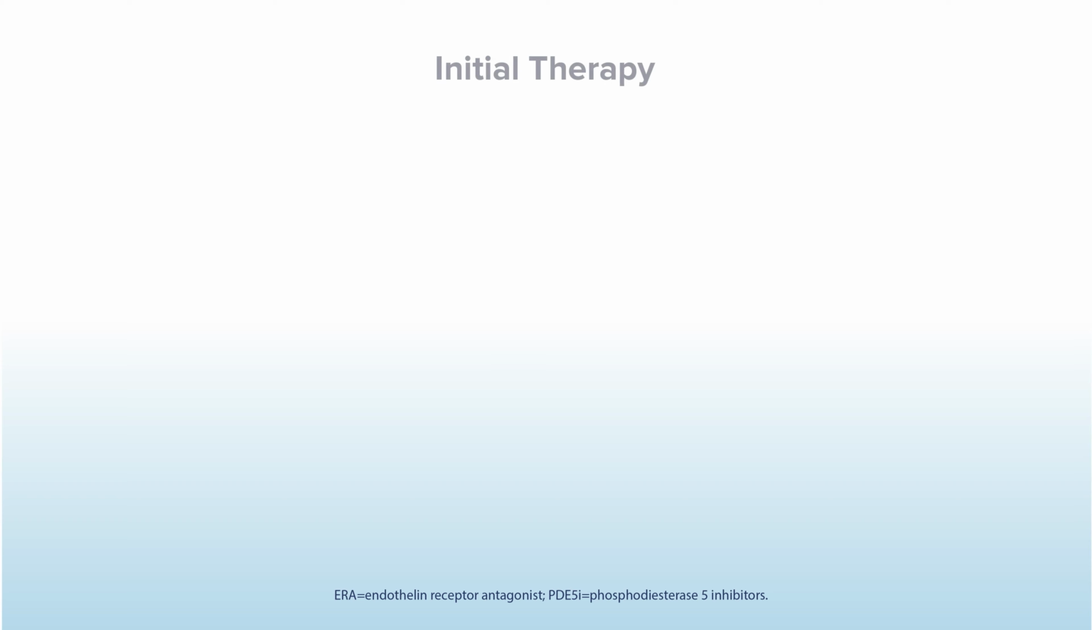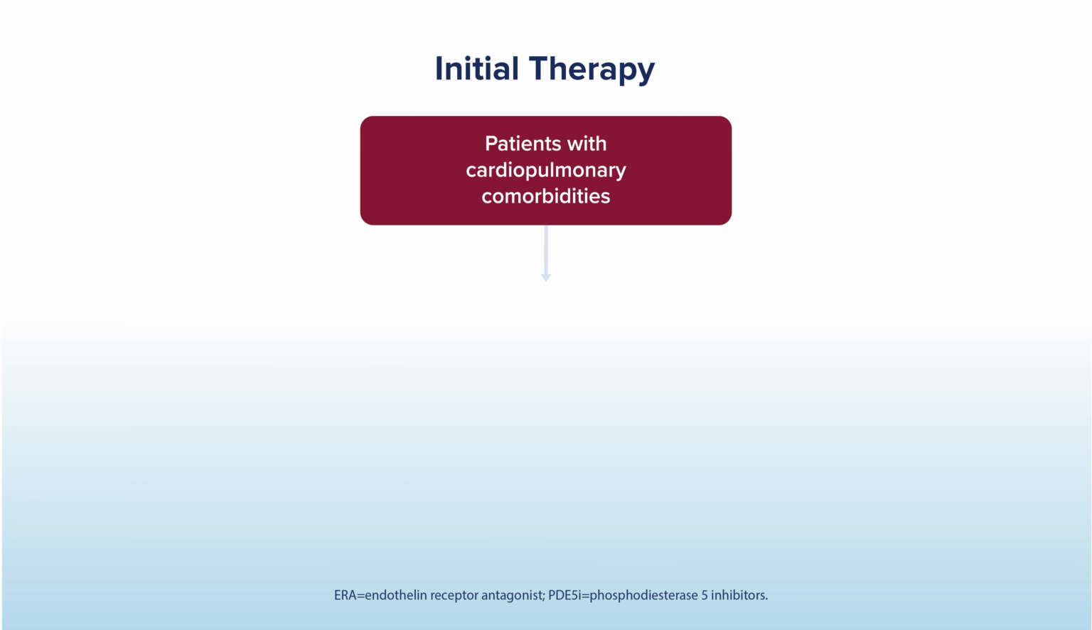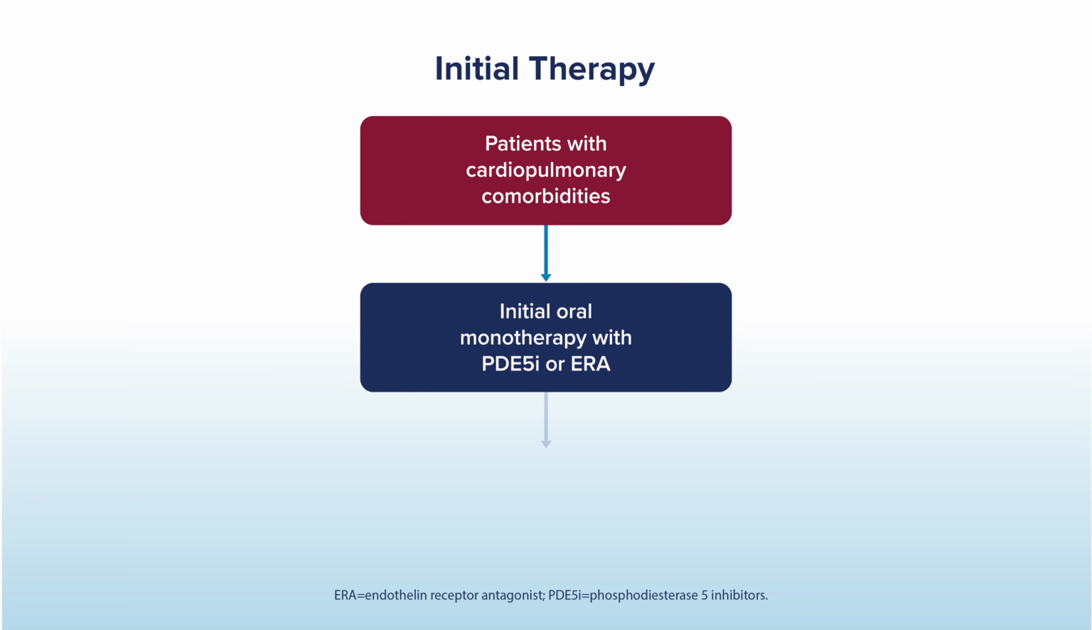So when I have a patient in front of me, it's rare that I have a patient just with PAH. Usually they have other chronic medical conditions. And so the first question I ask myself is, is their PAH due to their other medical conditions, or is this PAH with comorbidities? Well, the guidelines recommend more cautious monotherapy in patients who have cardiopulmonary comorbidities, as well as more